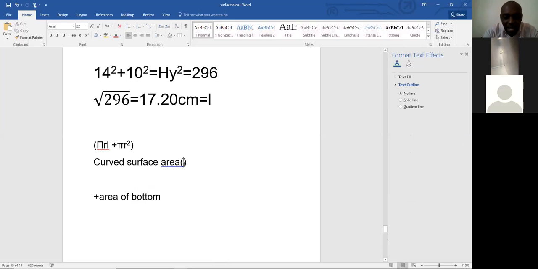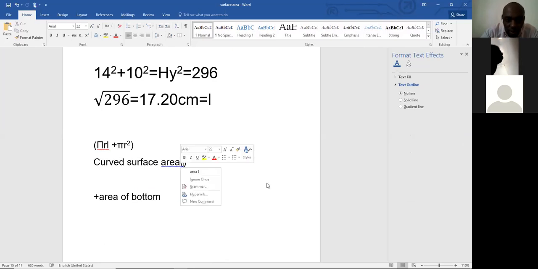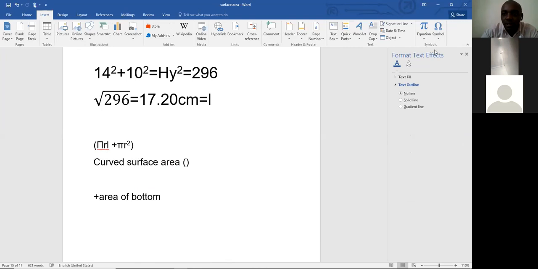So it is going to be pi. Let me just insert the pi here. So we have pi r. R is the radius of the big cone. L is what? The slant height of the big cone, minus